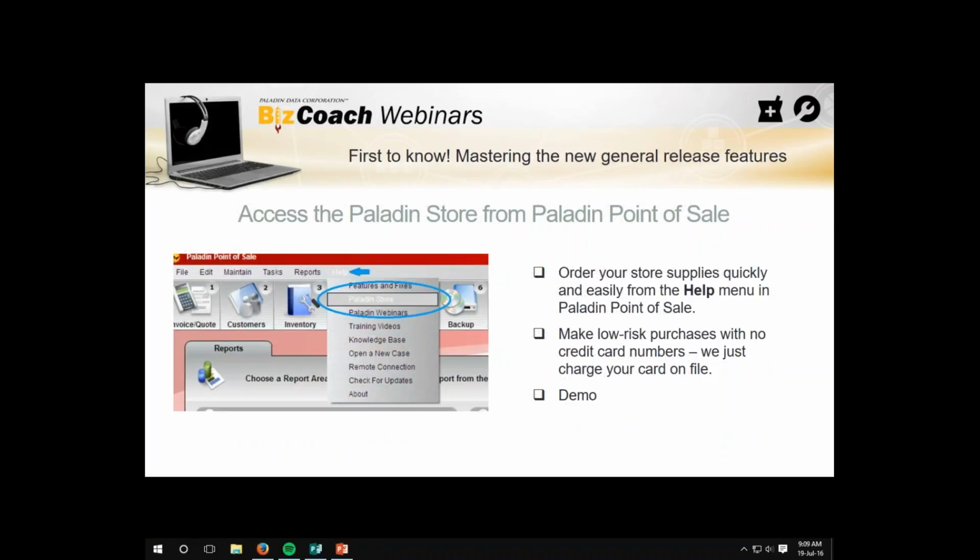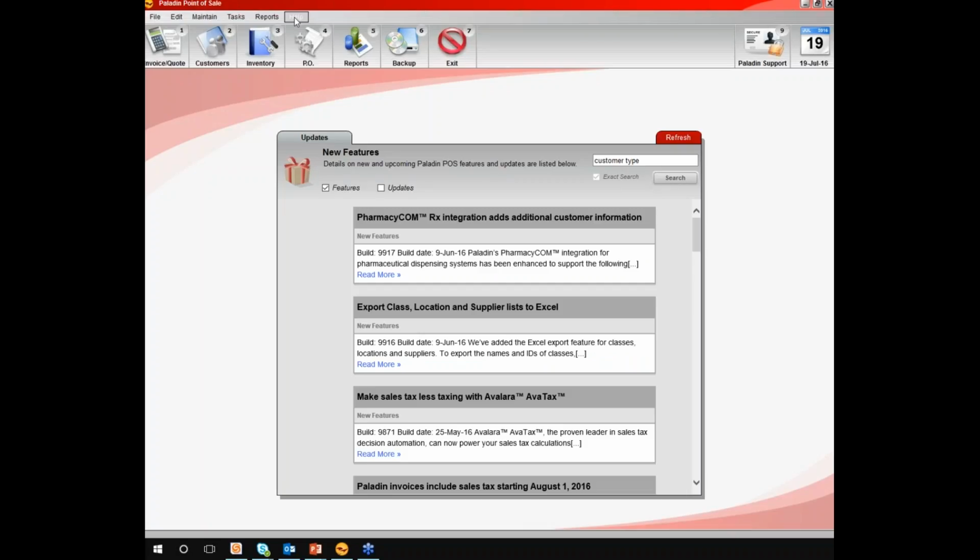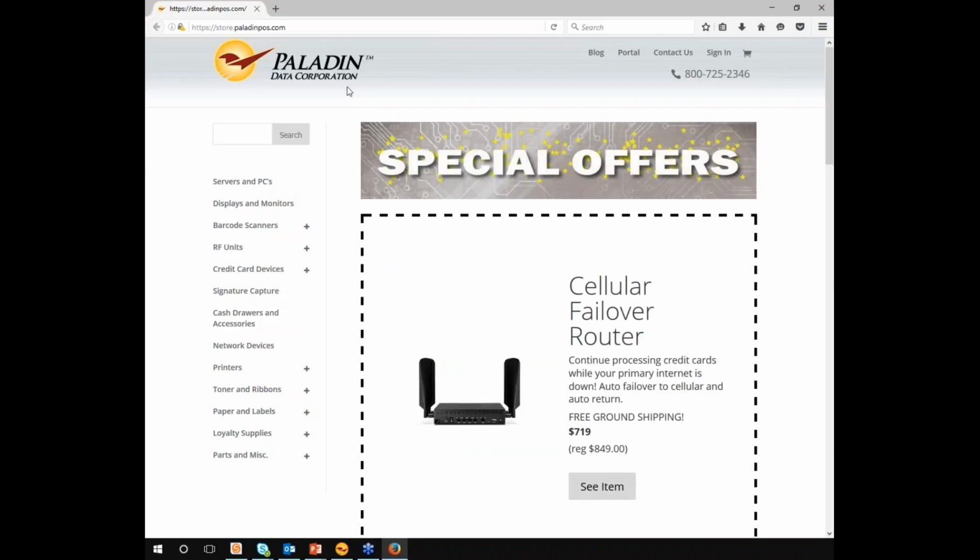Now, the same thing, accessing the Paladin Store. This one's pretty quick. The Paladin Store itself has not changed, but the cool thing about it is that you're able to access it again through Paladin Point of Sale. So when we switch back over to Paladin here, again, accessing it from the Help menu here, just like in the screenshot of the PowerPoint there, we go to Help and Paladin Store. Now, it's going to do the same thing. It's going to automatically open in a new browser,